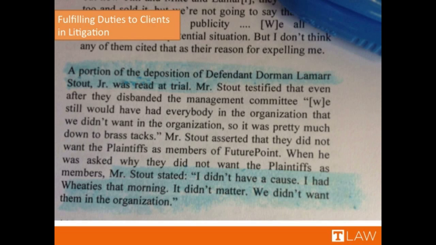The defendant in this case gave a deposition, and there's reason to believe he was kind of a difficult witness. When he was asked why he voted to expel the plaintiffs from the company that he was an owner in, he explained that it was because he had Wheaties for breakfast that morning, and he didn't need to have a reason. So we can use examples like this to ask students questions like,